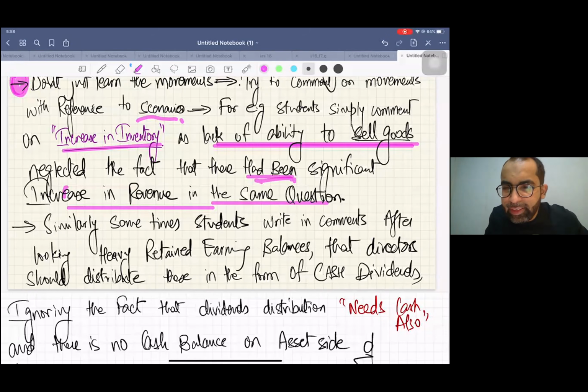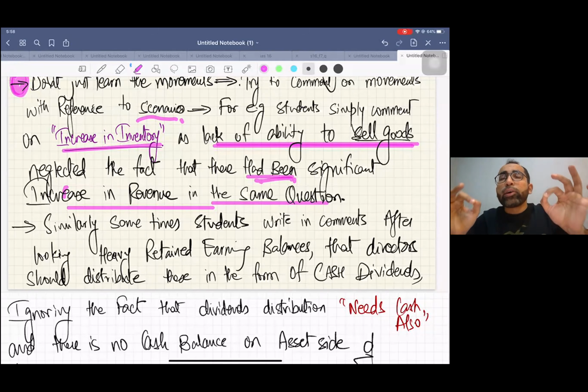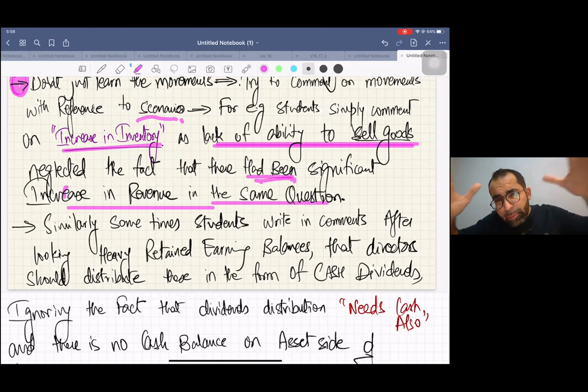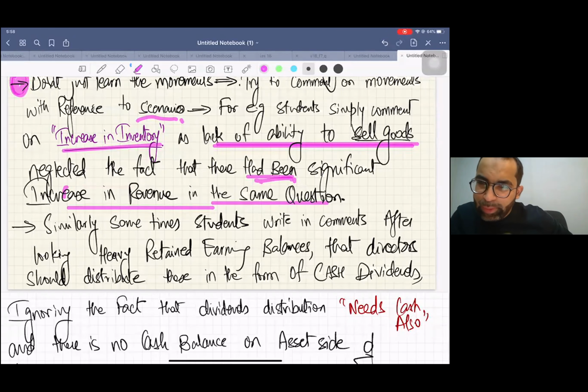Listen, all of you know this basic accounting: ordinary dividends are distributed from revenue reserves like retained earning. Now let us say in the question there is a big balance of retained earning, and it is also written that shareholders are not happy with the company because the company is not giving any dividend. So what you did as a student, as a stupid student,